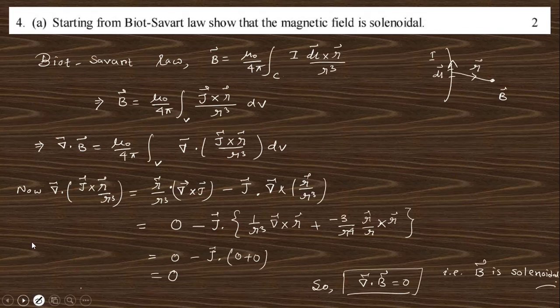Next question, which says starting from the Biot-Savart law, show that the magnetic field is solenoidal. So you know this is the Biot-Savart law, and this I dl can be written as J dV. So divergence of B equals divergence of these things. Separate them out like that, and curl of J equals 0, and this can be looked at as R cross R0 and curl of R0. So the total is 0. So divergence B is 0.